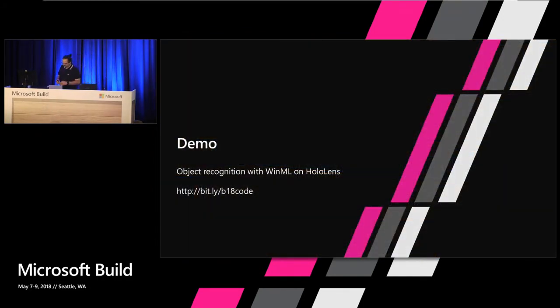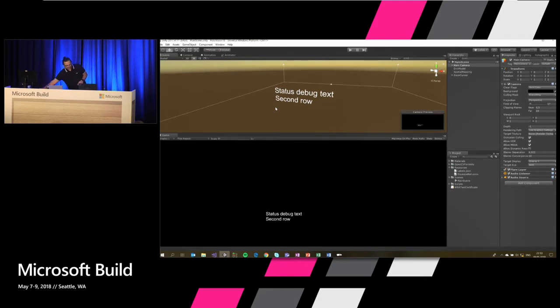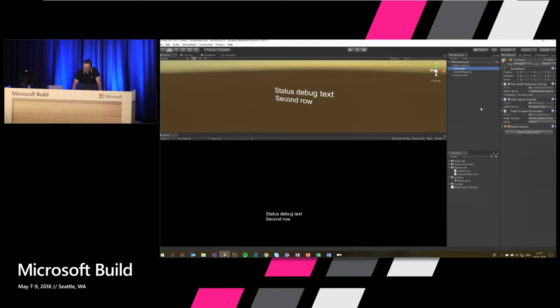So pretty cool stuff. Well, let's switch machines here, and I'm going to show you the Unity scene and also a bit of Visual Studio. All right, cool. So this is the Unity scene, pretty easy. We just basically have a main camera here with the status text below it, which you have seen in the video. And then most importantly, we have our DNN model here. So there's a custom script I've written, which is called DNN model behavior right there. And I'm going to show you what it does in a couple of seconds.